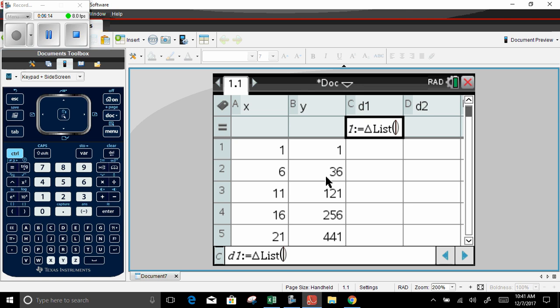So which list do I want to subtract the elements of? B. So put a B. Just regular B, right? Press enter. And you'll see that it changes to a lowercase delta list B, and the difference,